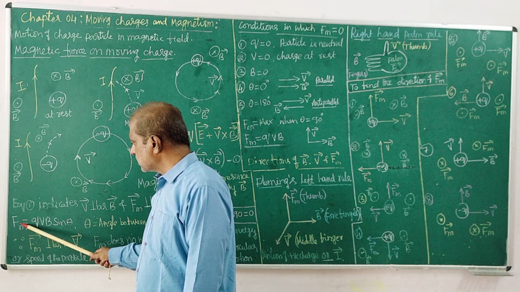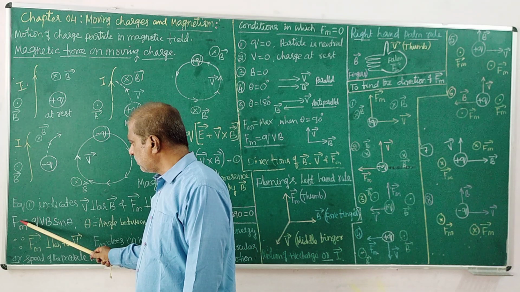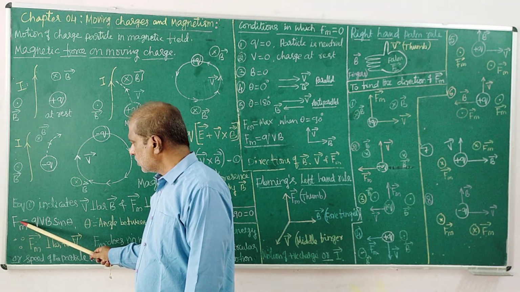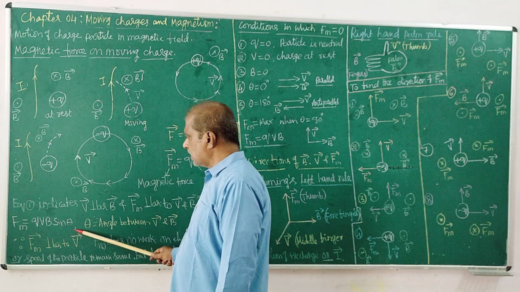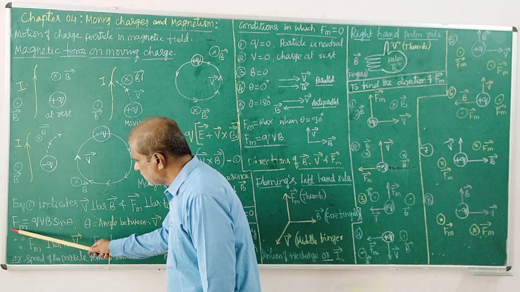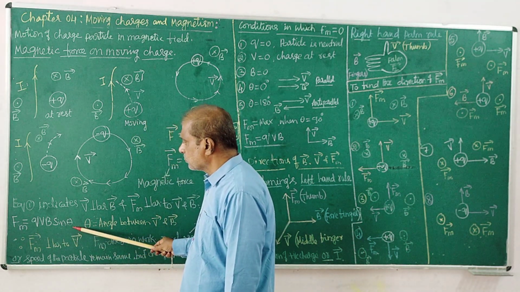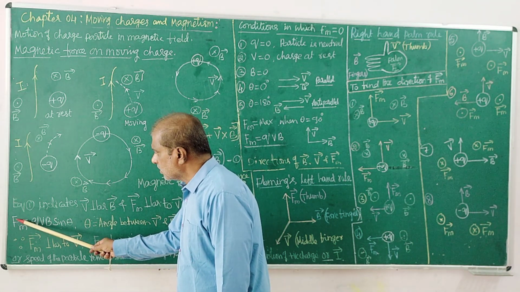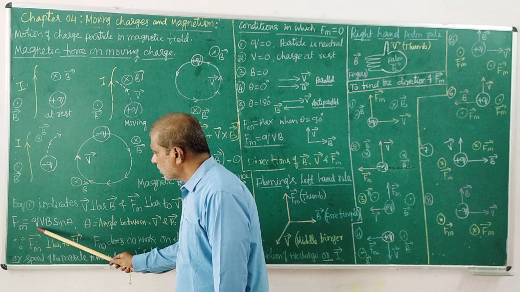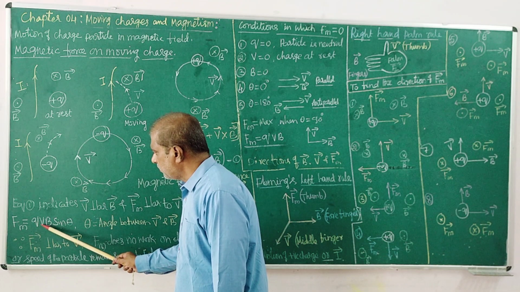Under what conditions does F become 0? Here the equation itself tells us. When F becomes 0, Q equals 0,